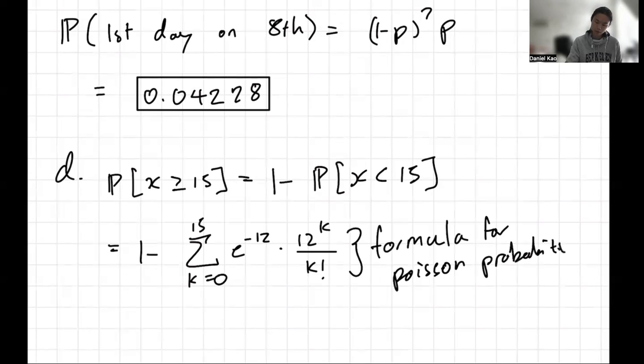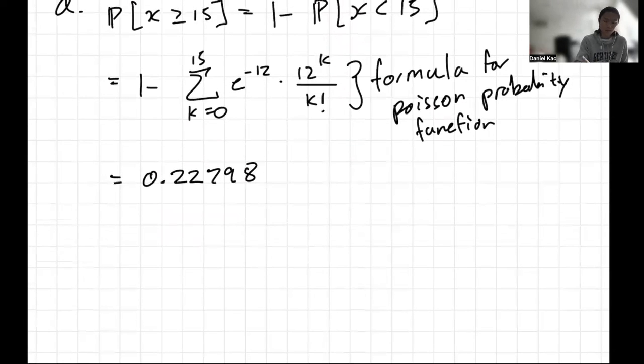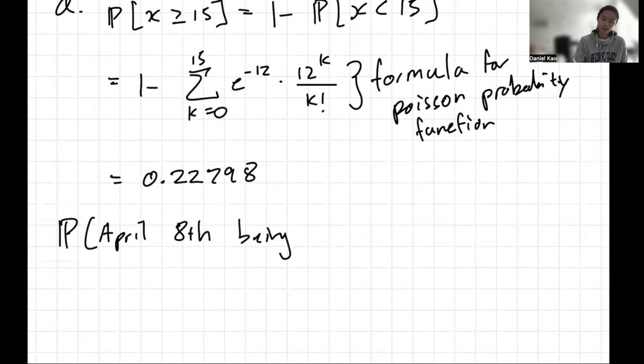Probability function. And this number comes out to be 0.22798. Great. So now that we have this number, and the probability of April 8th, let's call it, being this